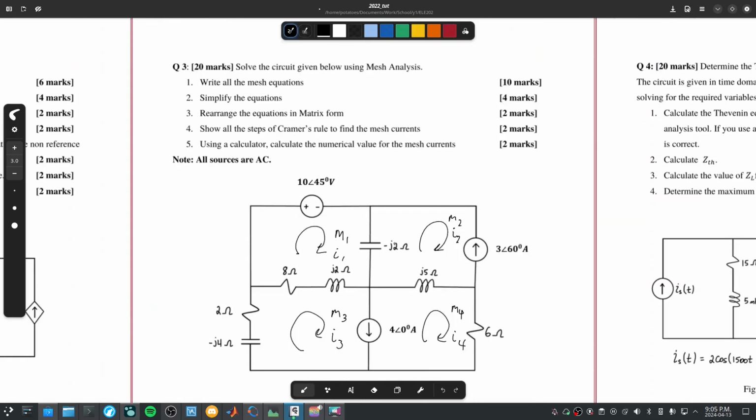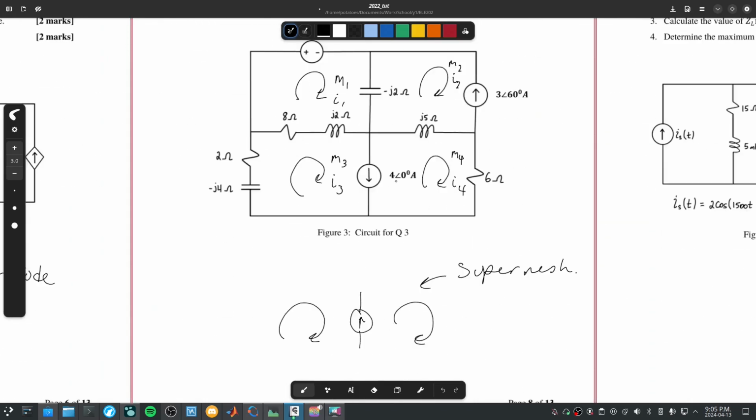Okay, so we do have a super mesh in here. It's these two. So let's combine these two into a single super mesh, like that. By the way, make sure that all of your meshes are going clockwise. You can do all of them counterclockwise, but just try to make sure they agree, because you have to think less in that case, right? So,